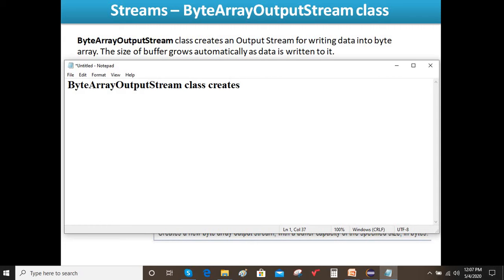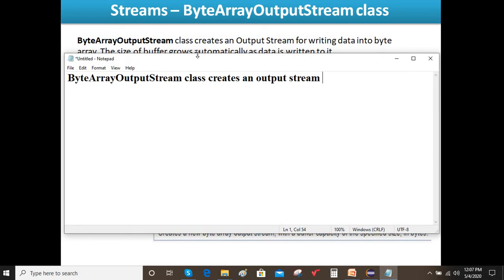It creates an output stream for writing data into a byte array.